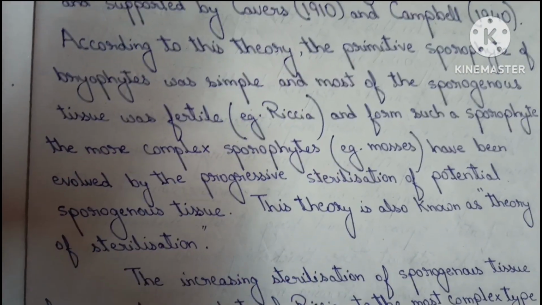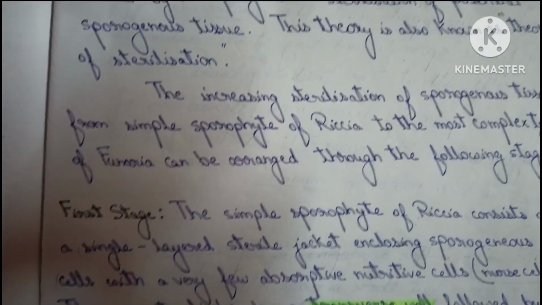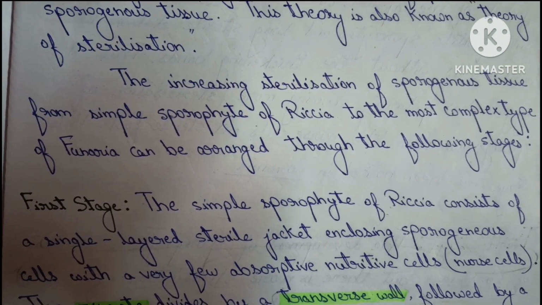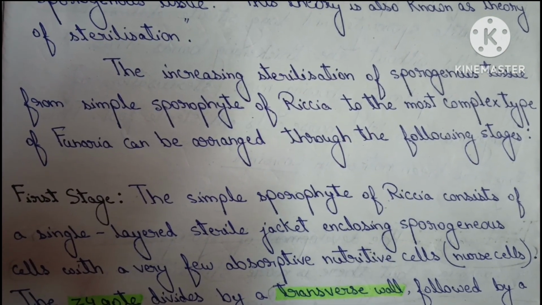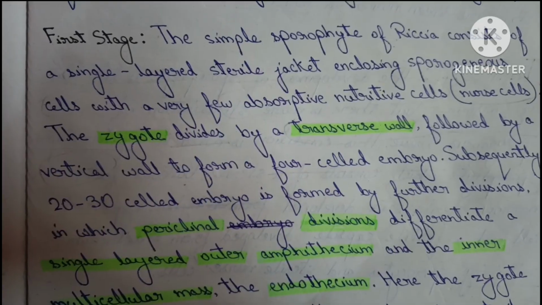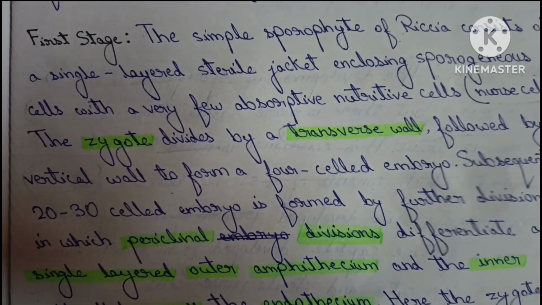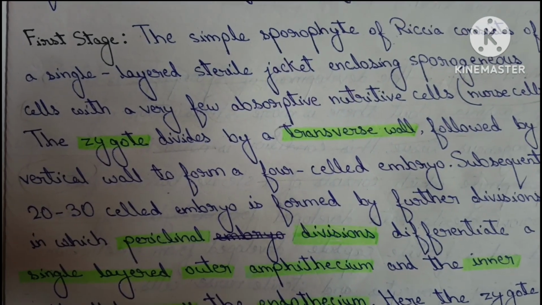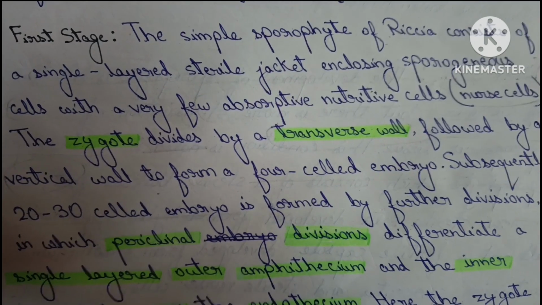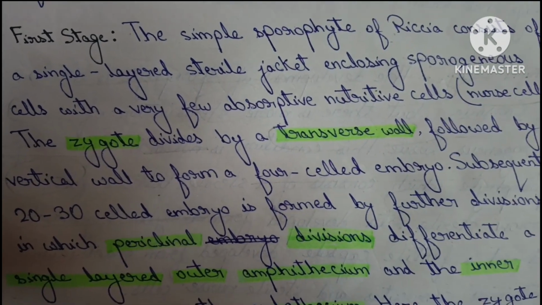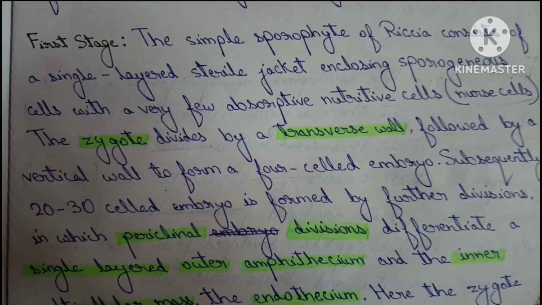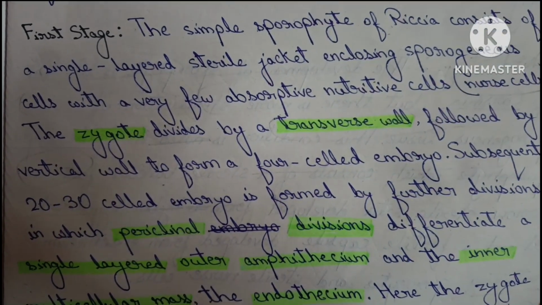Now, the next para: the increasing sterilization of sporogenous tissue from simple sporophyte of Riccia to the most complex type of Funaria can be arranged through the following stages. First stage. The simple sporophyte of Riccia consists of a single-layered sterile jacket including sporogenous cells with a very few absorptive nutritive cells, nurse cells. The zygote divides by a transverse wall followed by a vertical wall to form a 4-celled